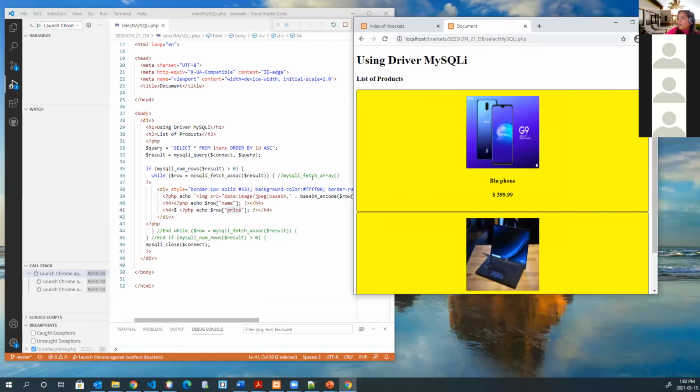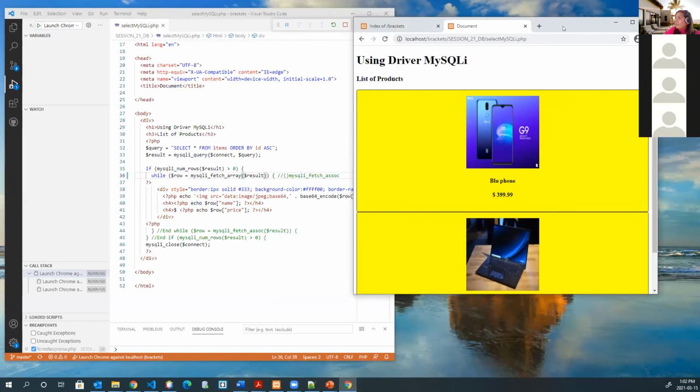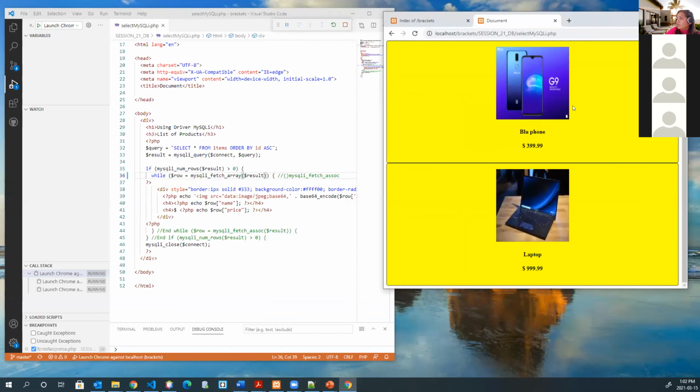And also you can fetch with array. So I'm here using an associative array, but you can also fetch with an array. Okay, so with an array, as you can see here,